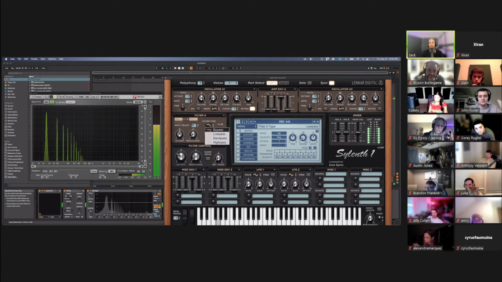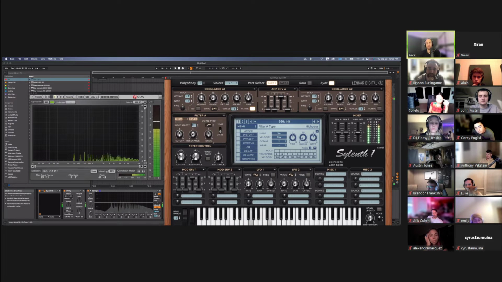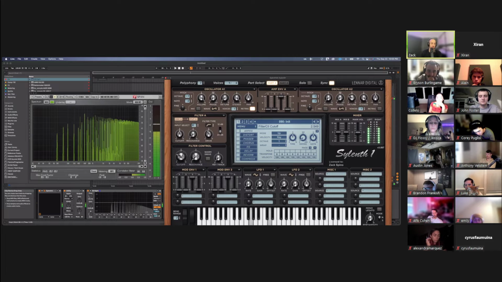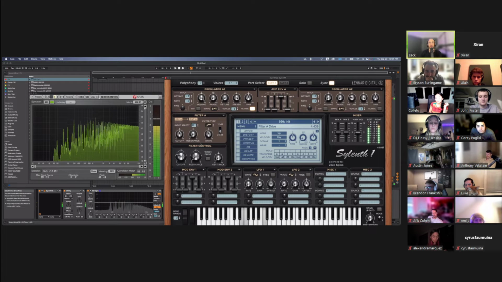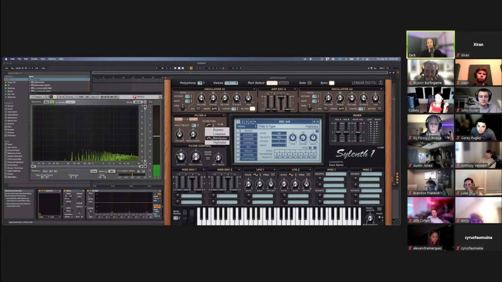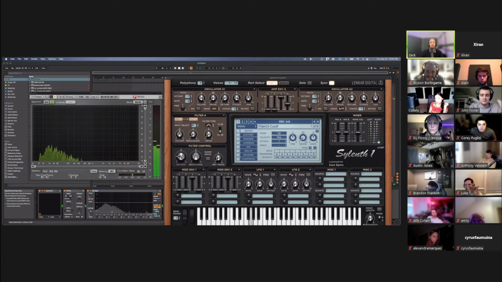I could do that. There's a low pass filter, and I'm able to do it. If I want to go to a high pass filter, now I'm taking out the low end with a high pass filter. All right, let's say I wanted to make my own white noise sweep. Put some voices of white noise in here. I'm going to do a band pass filter. We'll crank up the resonance. And now,